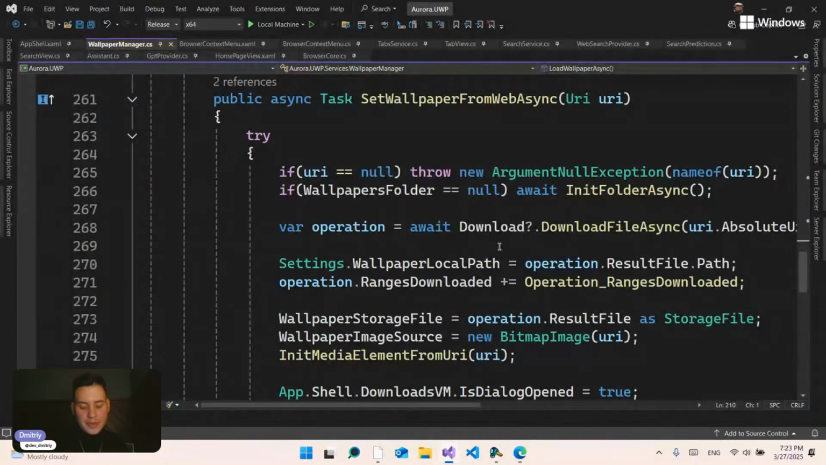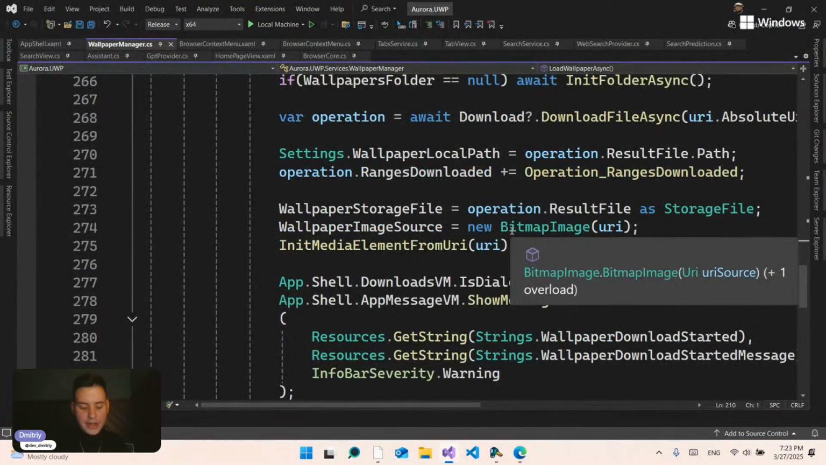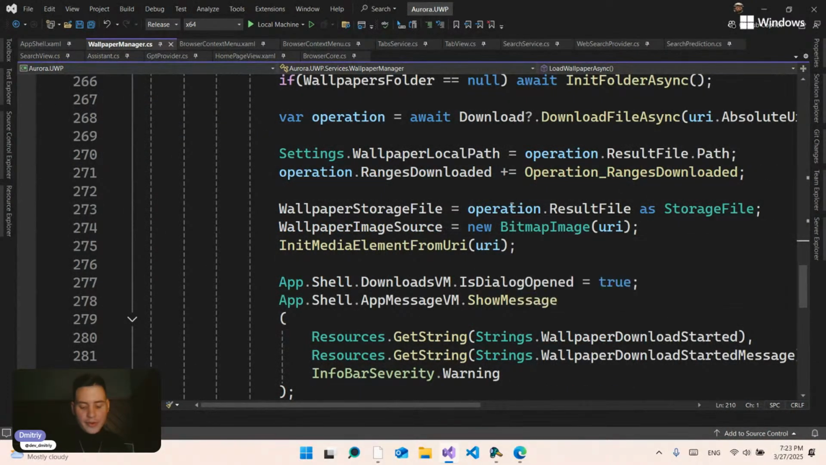Set wallpaper from web async is responsible for downloading and saving wallpapers from a web resource. I use the Vexels Web API as a media library, providing access to a rich collection of images and videos in the method. I utilize the download service to begin the wallpaper download via download file async, which returns a download